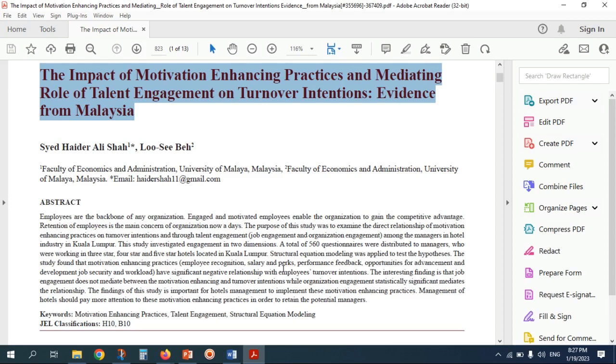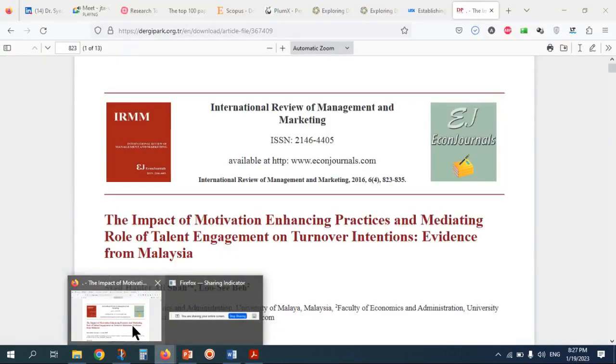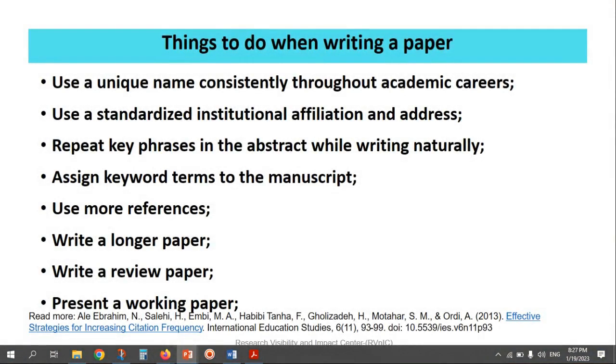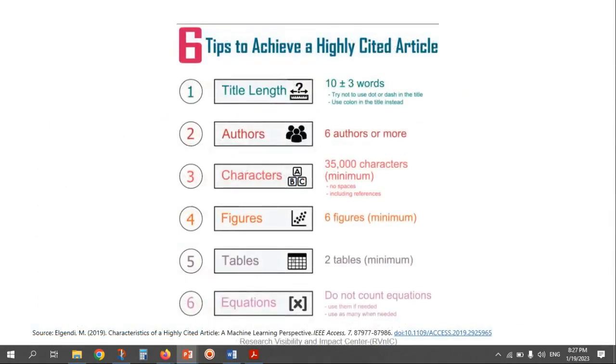This is just a gift for this presentation. Usually I will not go into detail during my introductory session. I mentioned the best, one paper published and compared with highly cited papers, and it mentioned the best title length is between 7 to 13.